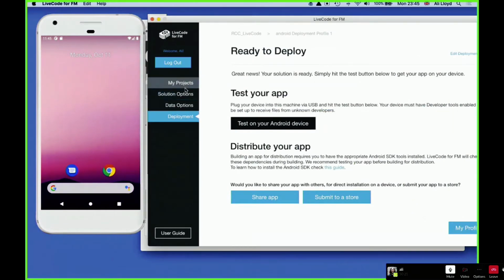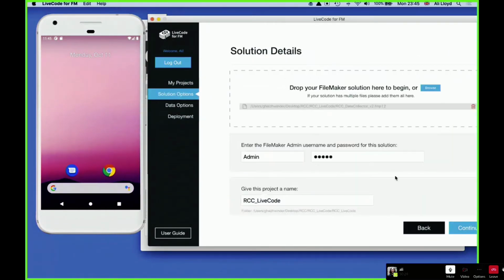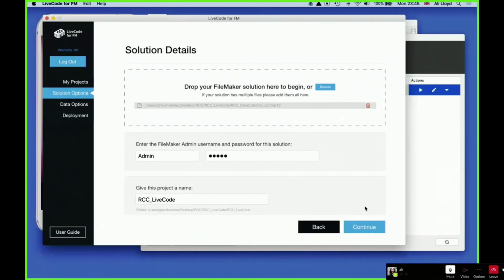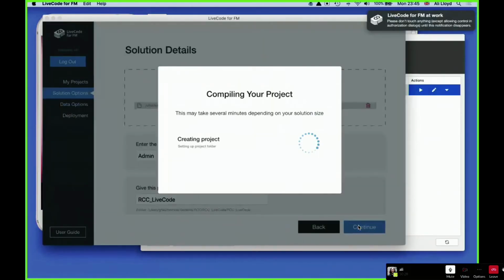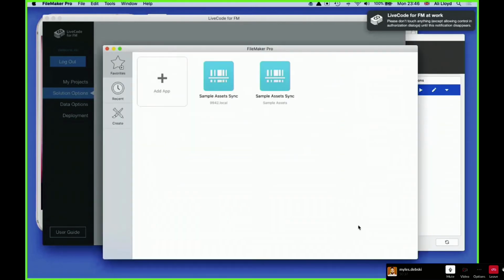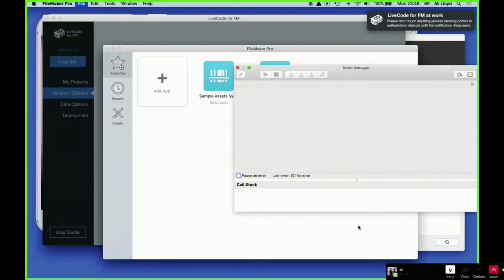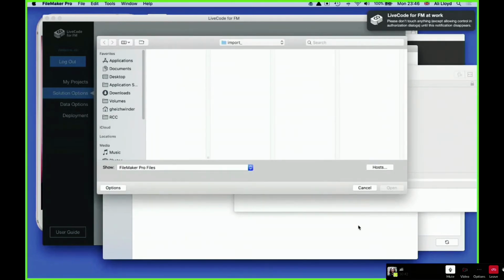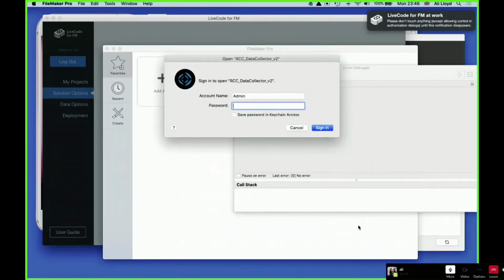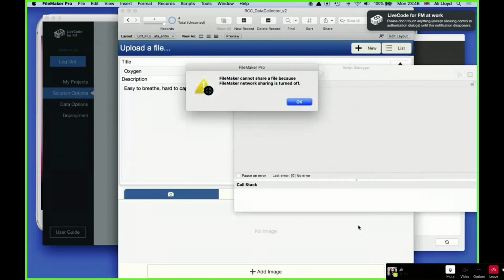So let's go back to the solution options here. Right, and it's going to re-export the app. I didn't actually make any changes there, but if you open a FileMaker solution, the modification timestamp of the file gets updated.